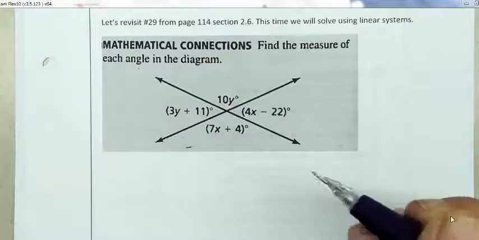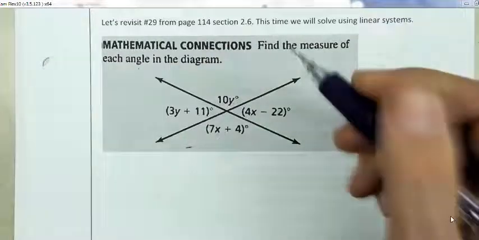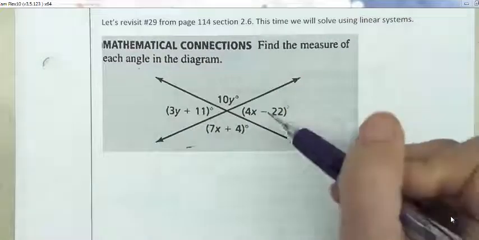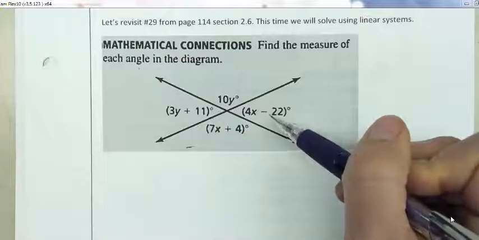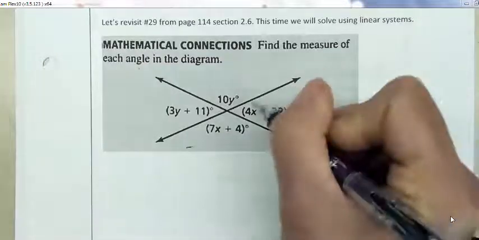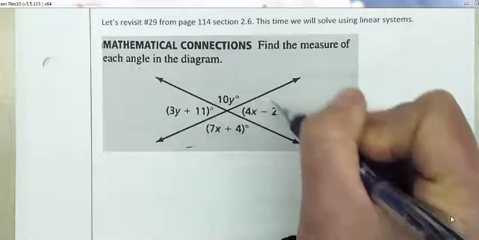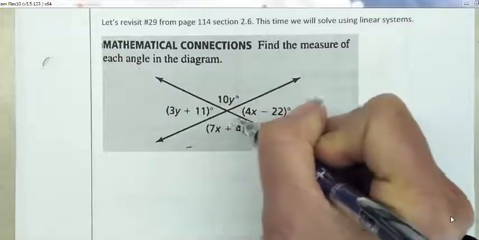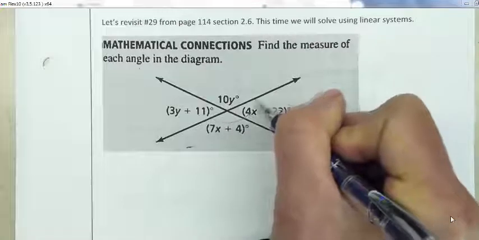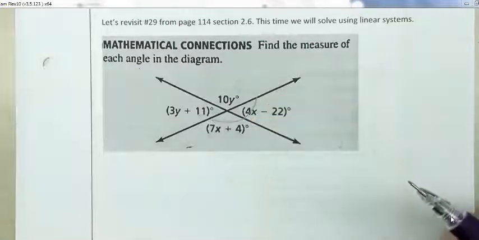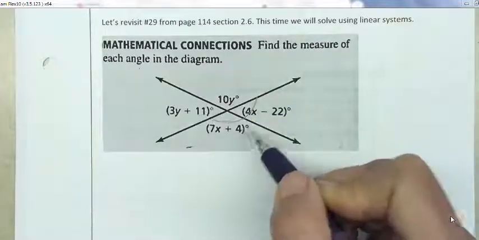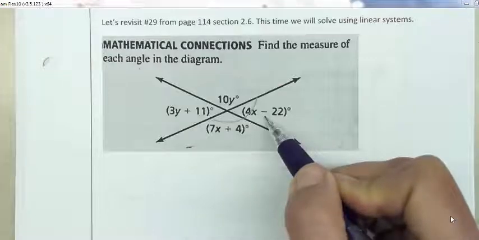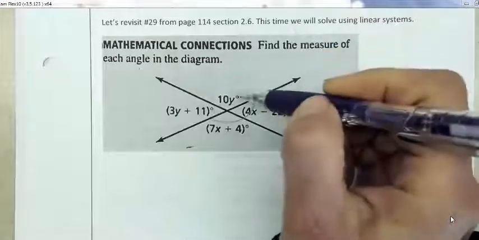So what we did instead, we didn't set that up. What we did instead at that time, we didn't review linear systems yet. So we went ahead and we used linear pairs. We said, hey, this angle 4x minus 22 and this angle 7x plus 4, together they form a linear pair, so they formed 180. So we added them together and set them equal to 180. Well, this time we're going to say, no,